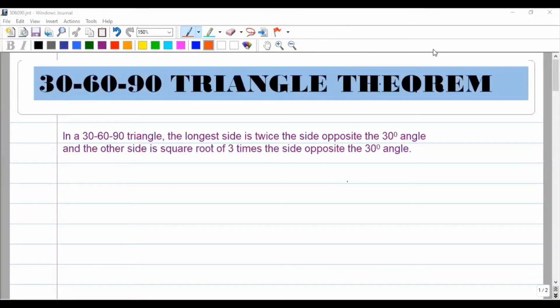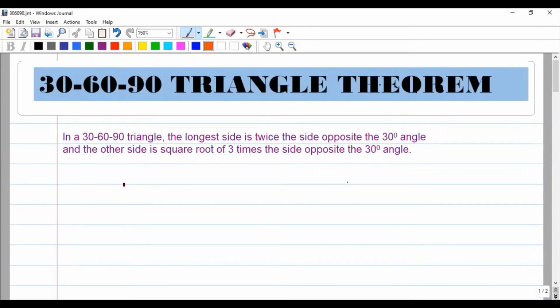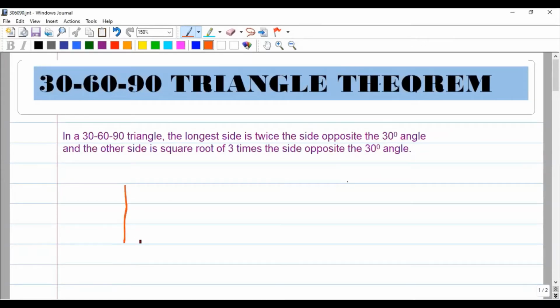So we have here our 30-60-90 triangle theorem. It says here that in a 30-60-90 triangle, the longest side is twice the side opposite the 30-degree angle, and the other side is square root of 3 times the side opposite the 30-degree angle. So in order for us to understand it better, it's better for us to illustrate. So we have here our right triangle, and this is our